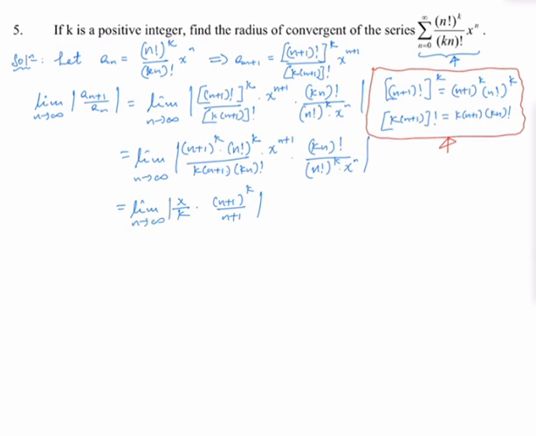So እዚህ ጋር ለምትሉት ነገር ምንድነው? This is the absolute value of x over k times the limit of (n plus 1) to the power of k over n plus 1 as n approaches infinity ይሆናል ማለት ነው። So ጥያቄ ውስጥ k positive integer ቢሆን ስለሚል we can see these things in two different ways. ሁለት ኬዞች እናያለን።